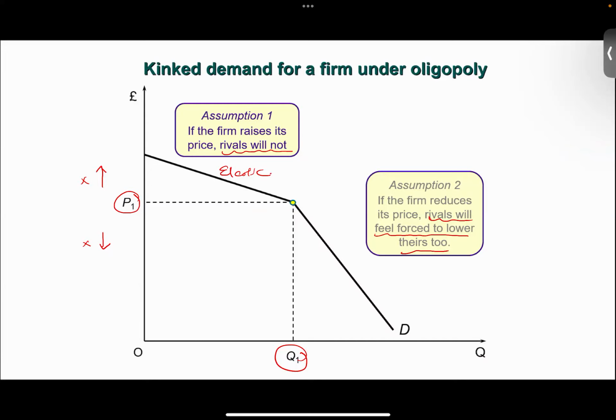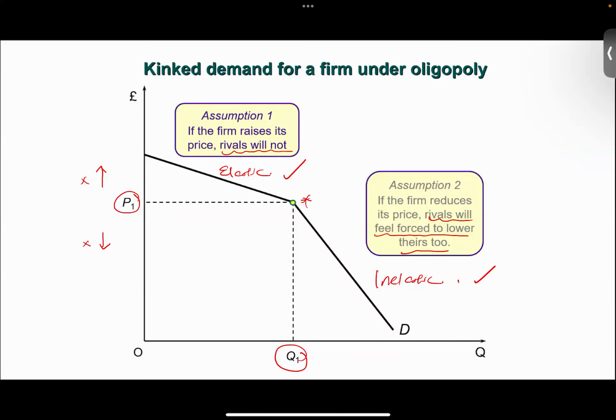So at the end of the day, you cannot see the impacts because everyone will reduce the prices. Even though you've reduced the prices by a lot, you cannot see a very significant increase in the quantity demanded. So a huge percentage fall in the prices will only result in a small increase in the quantity demanded. So you see, it is very inelastic. So one part is elastic and one is inelastic. At the end, you cannot simply have control over the prices, and therefore we call it price rigidity.